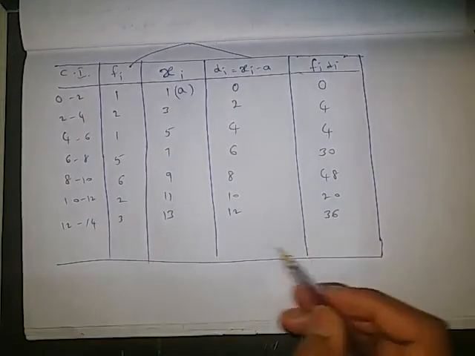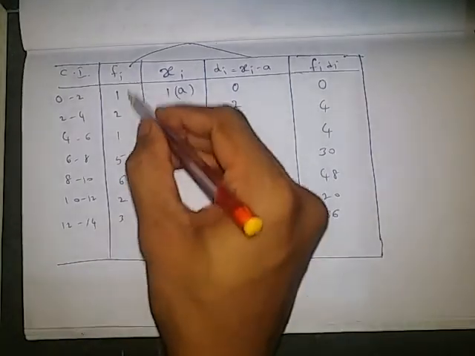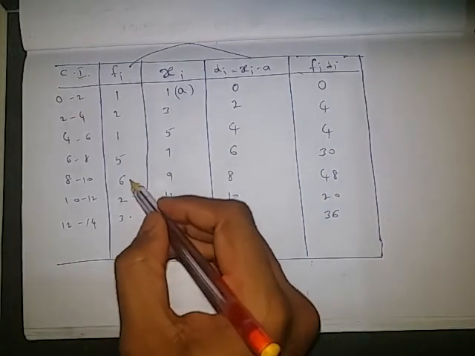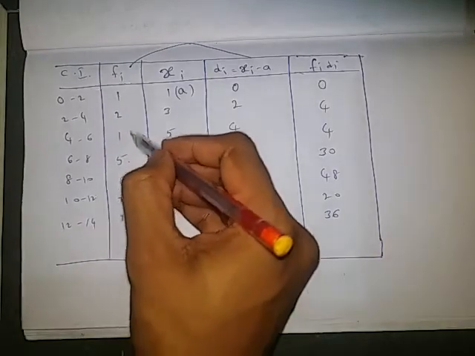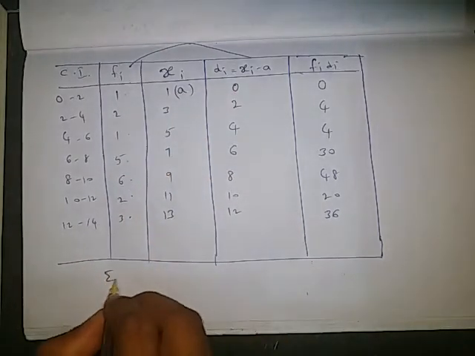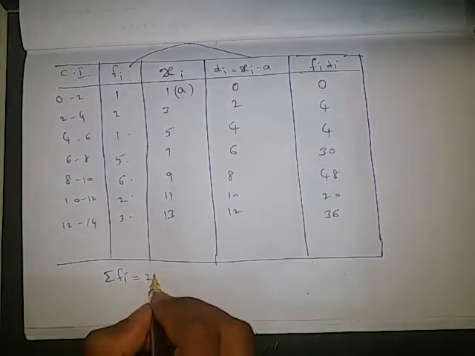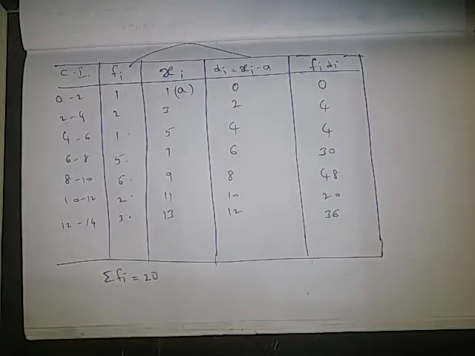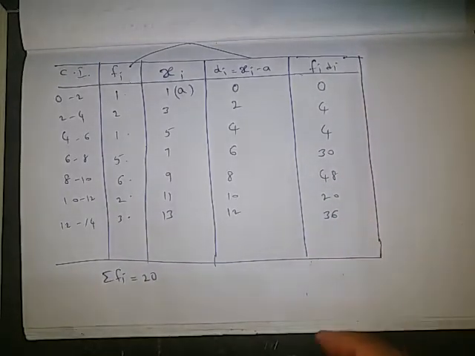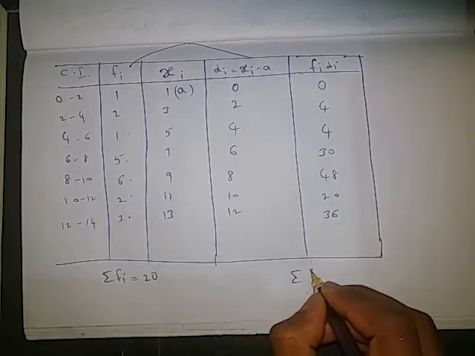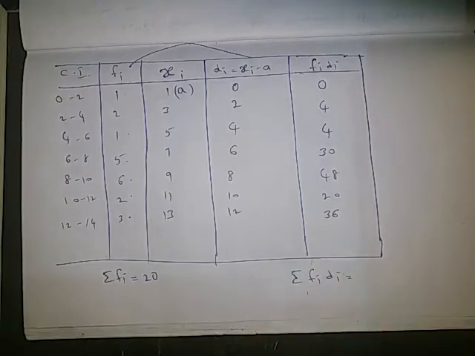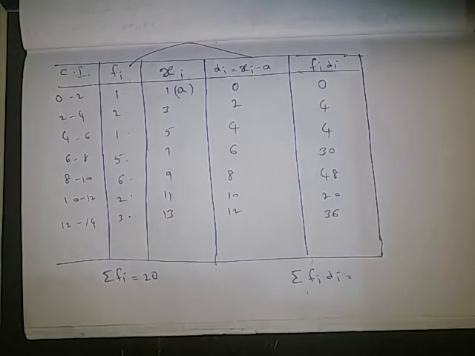Total frequency, we need to add this fi. 3 plus 2, 5 plus 6, 11, 16, 17, 18, 20. So sigma fi is equal to 20. The same way, the last column fi di also we need to add, that is sigma fi di is equal to